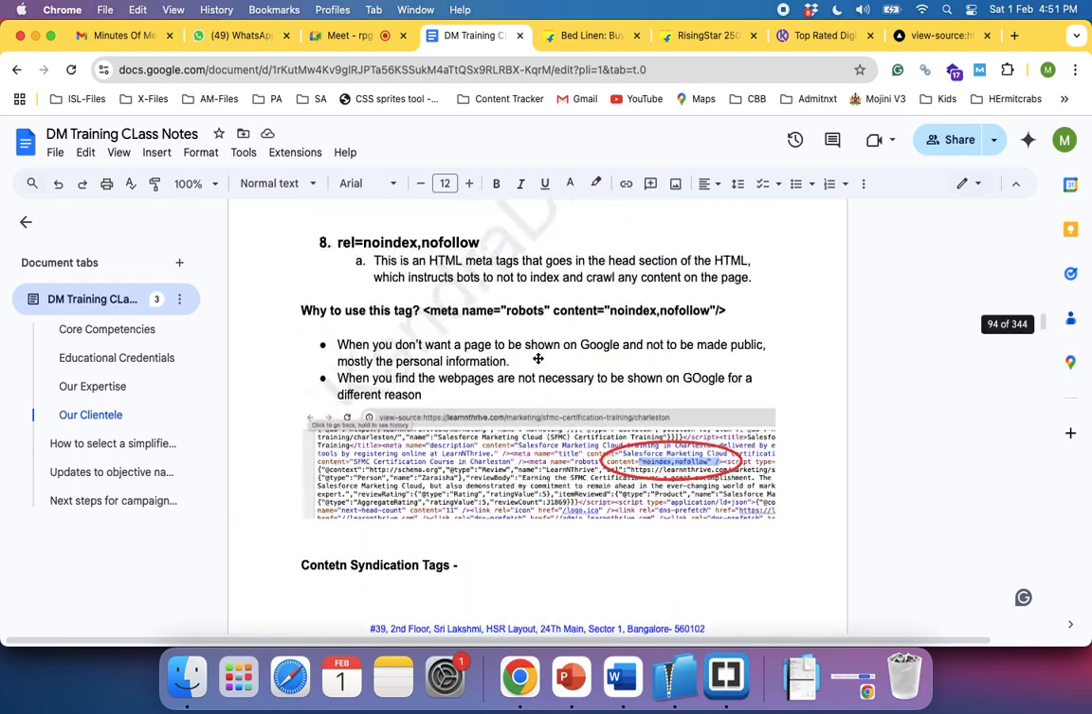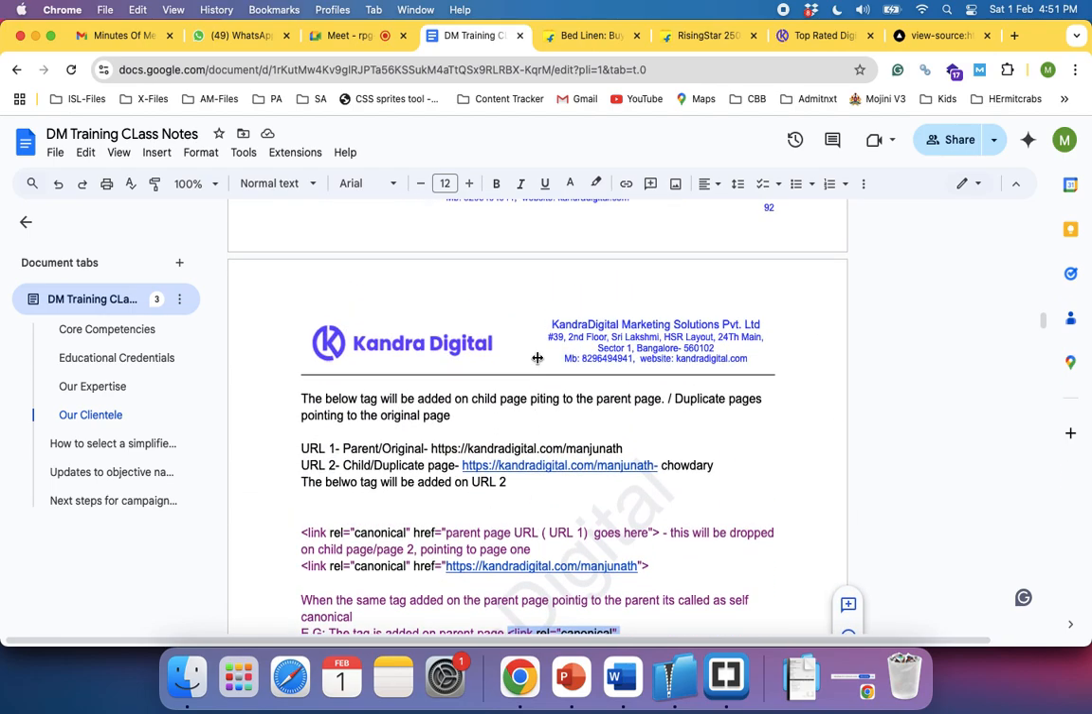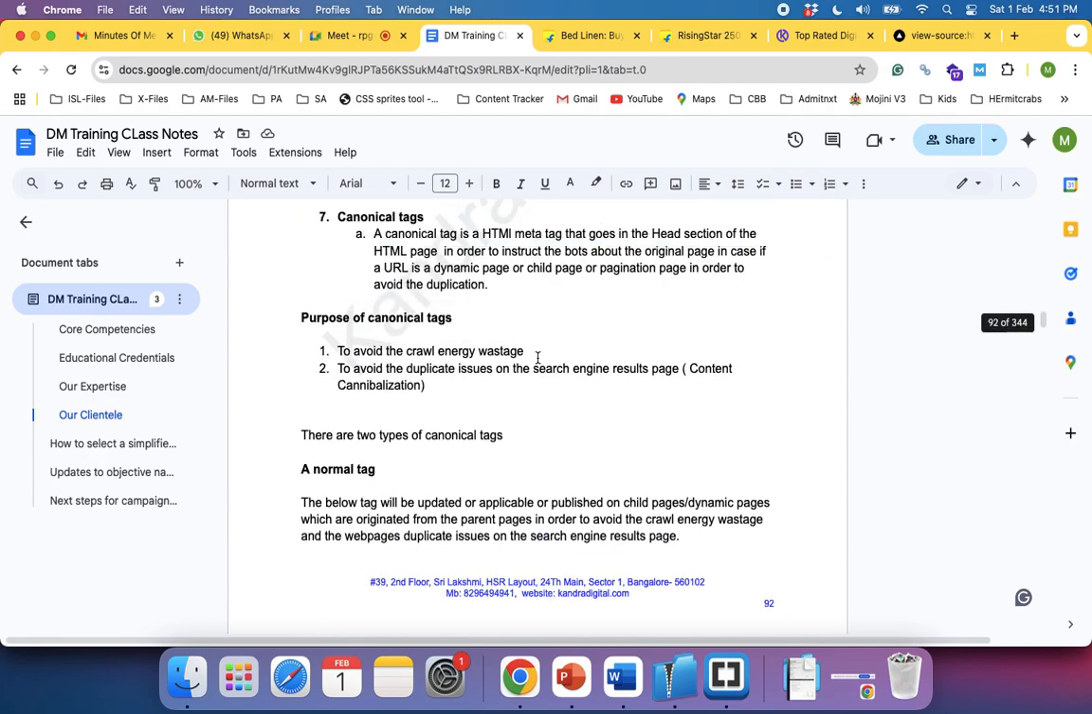So there is something called content syndication tags. See, these use cases are all very rare for you unless you are working with some news companies or news websites. Okay. So now all this is whatever